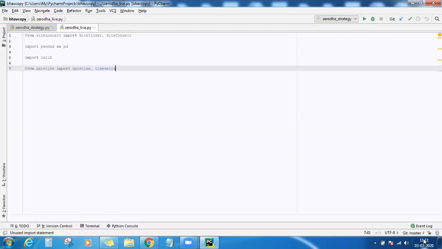So with this timedelta, what I'll say is, first I'll instruct the program to take today's date. So that will be my to date. There are two dates that you have to give to the Zerodha kite object. One is the starting date and the other is the ending date. So the ending date will be today only, and the starting date will be today minus 100. To tell that minus 100, you need to depend on this timedelta. And the reason why we are importing datetime is to point to today. There is a function datetime.today that will give you the current day's time and date.